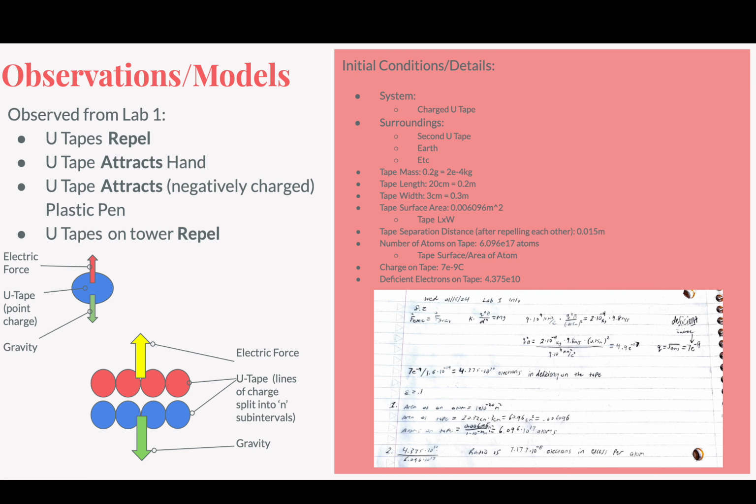Some of the initial conditions and details for the lab are shown. The system is the charged U-tape. The surroundings is the second U-tape, Earth, and basically everything else. Some of the values derived from Lab 1 and from measurements from Lab 1 that were used in this lab